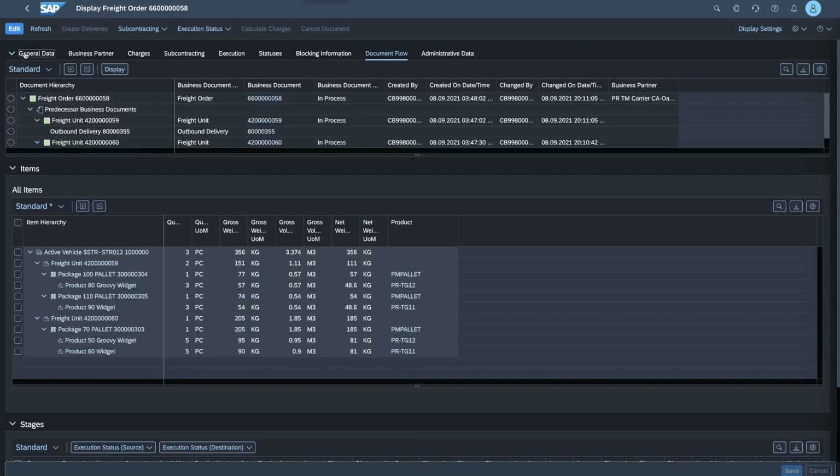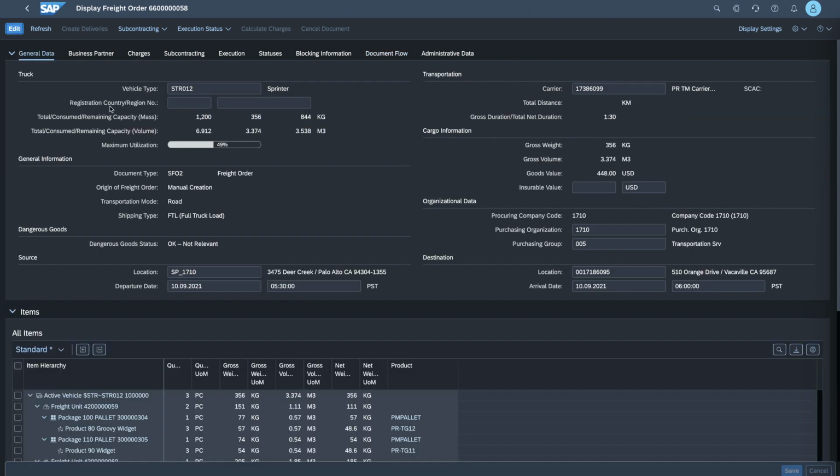Okay, so let's go back to the general data, and we'll flip the order to edit. Now, one other important piece of information that you would probably want to enter, and it's not that there is any constraint in terms of processing, but it's probably more from a compliance point of view. And certainly in countries such as Australia, we have something that is called the chain of responsibility, which means that you as a shipper also have a responsibility in making sure that the assets that are presented at your premises